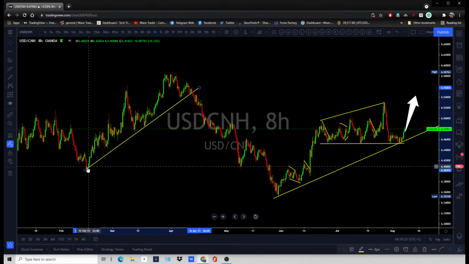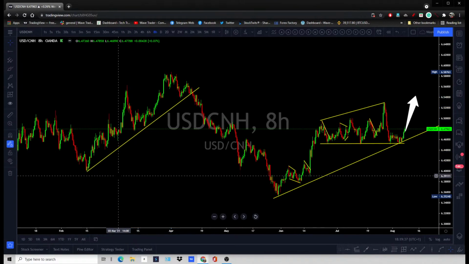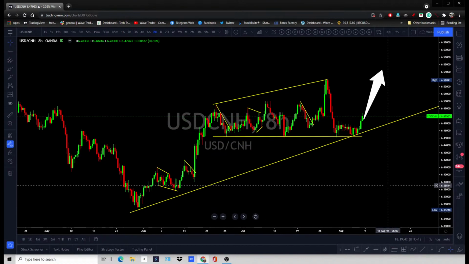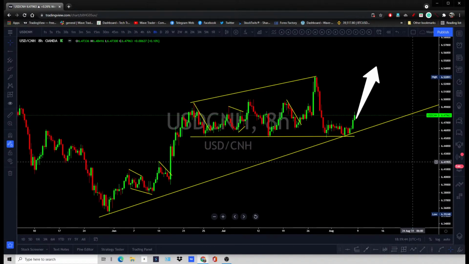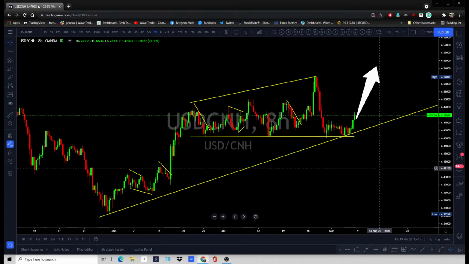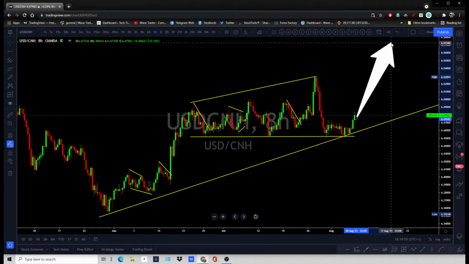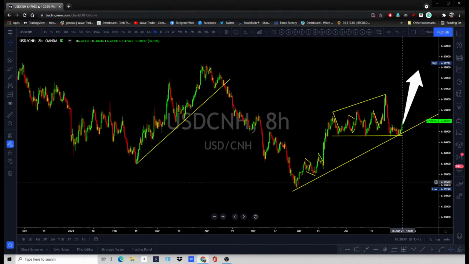The Chinese central bank wants a weaker currency to get the edge on the others. They want a cheaper yuan, they don't want it stronger. When they don't want it stronger, why would you go against them? Go with them, where they want. So the next leg is simply back to that top, and in the best case, fundamentals.